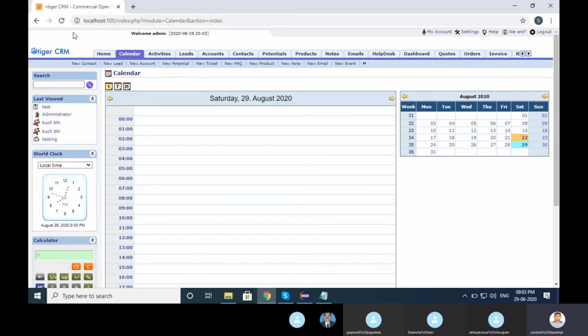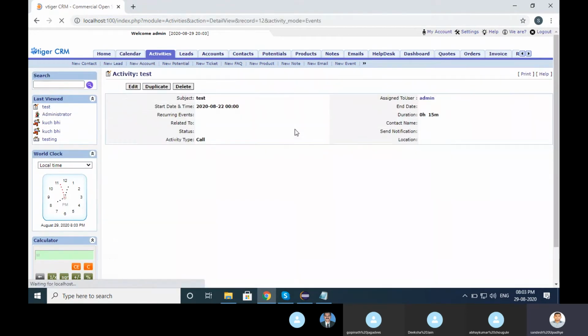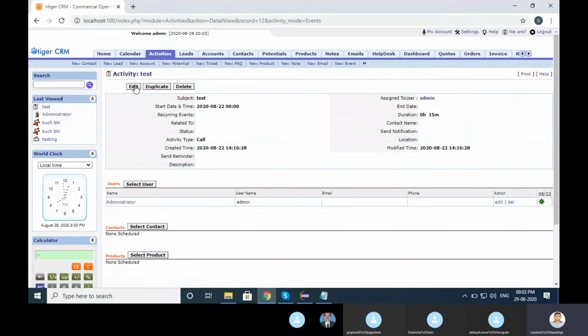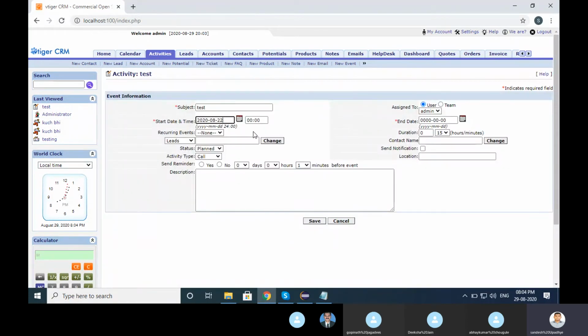Let me show you one example. This is our application site on localhost. I click on calendar. There is some previously viewed test. I click on edit, and then the calendar control comes here. If you have a calendar control in your application, we will see there are multiple ways you can pass a particular date into it. I am showing that.